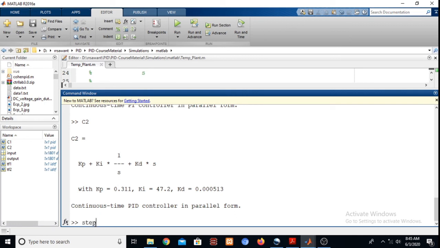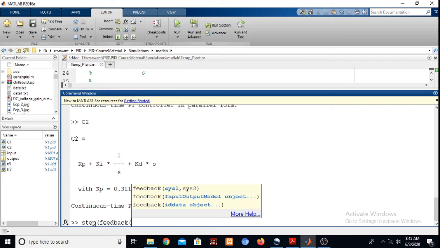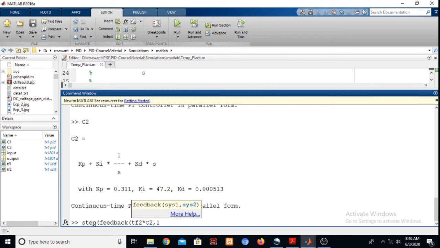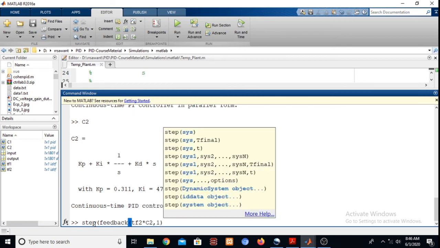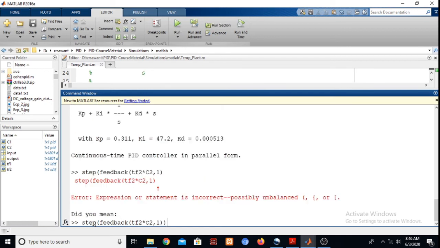Now let us find out the step response from the workspace also, feedback, okay. So TF2 into C2, comma 1, unity feedback.